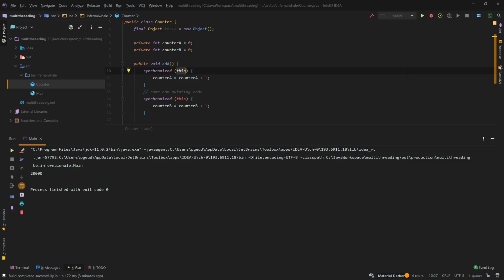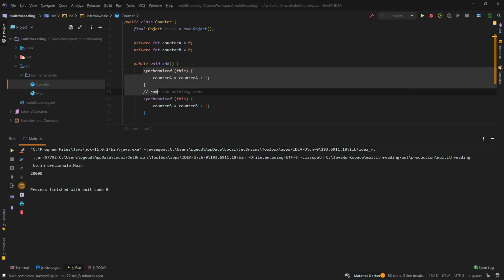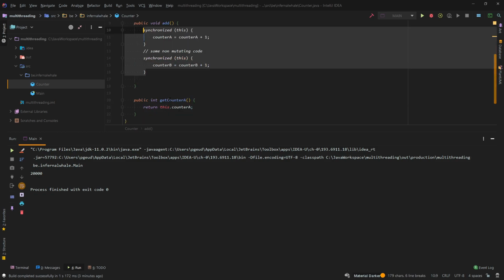So think of it as a token that you need to be able to access a piece of code, right? One thread needs to be given this token to access this piece of code. That's how the synchronized method works. Now that we have two synchronized blocks,